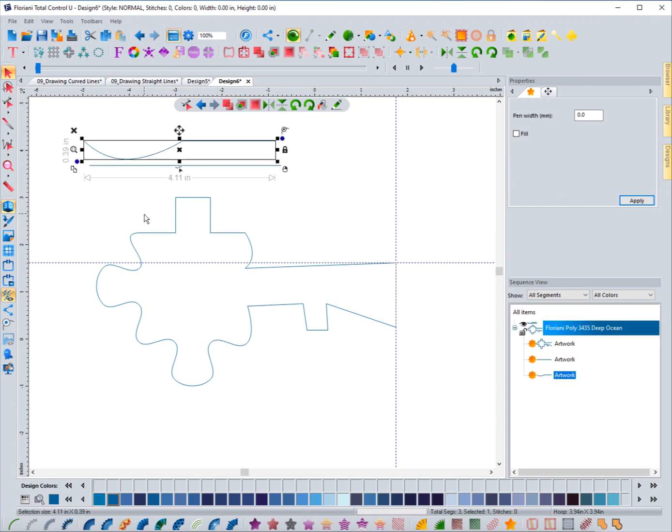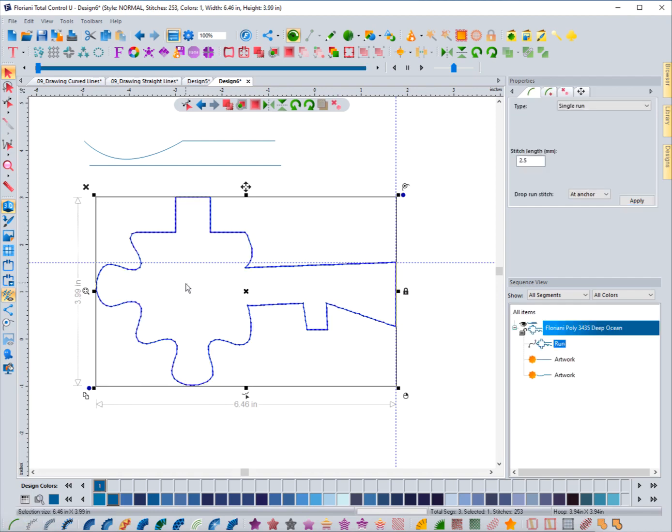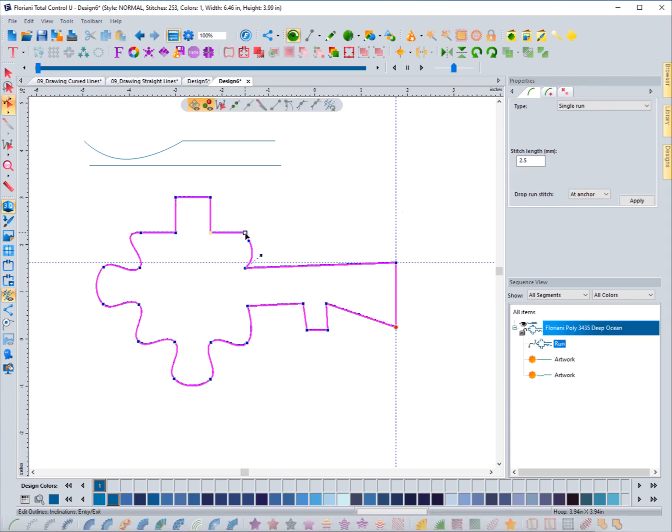So I've just found editing using the run stitch as opposed to the artwork tool is actually easier to work with. The handlebars stay there. So watch, if I take this and I can convert it to a run stitch, if I'm really trying to tweak this area here, now the handlebar stays active, and I need to do one that has two curves here. I can move one side, then grab the other a little bit, and you can see